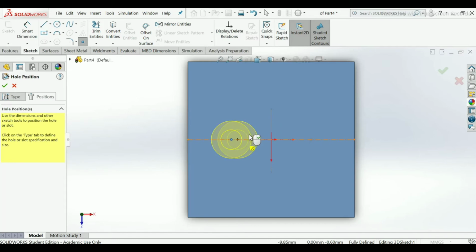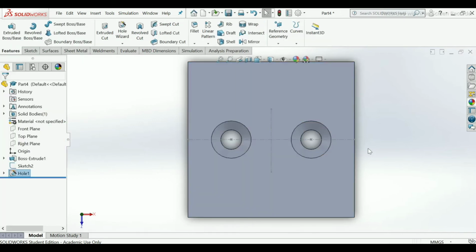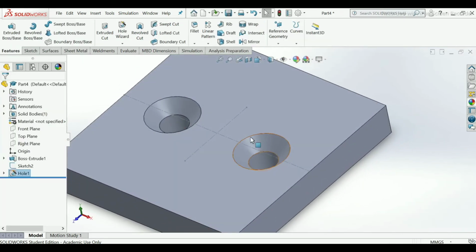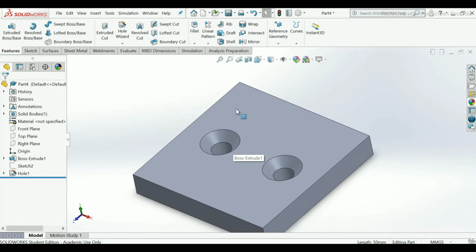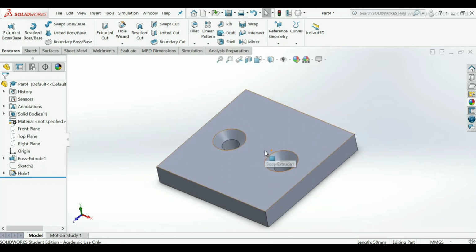Apply the hole where we have created the sketch points. Right click on it. Now hide the sketches that we have created. Now our component has been finished.